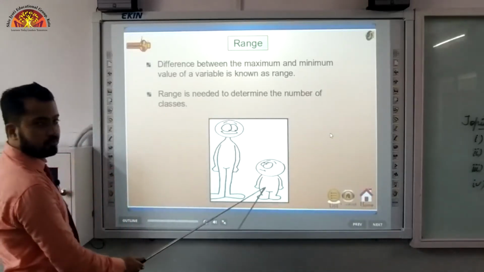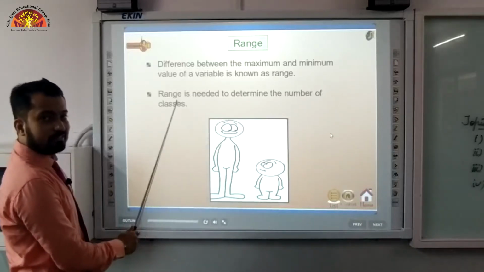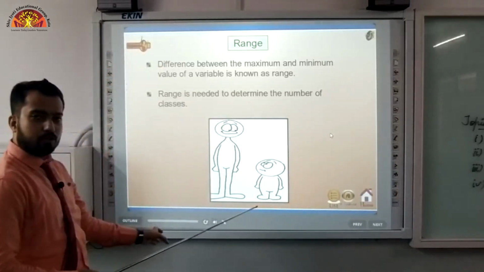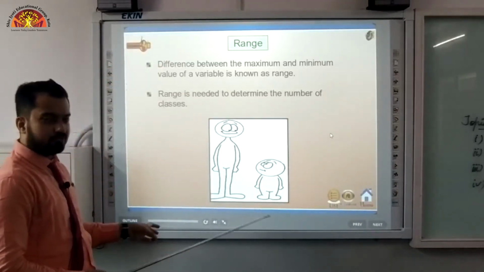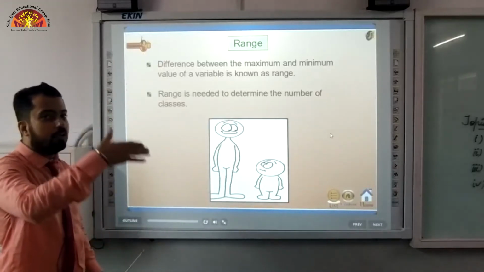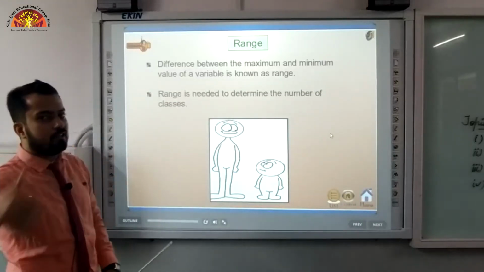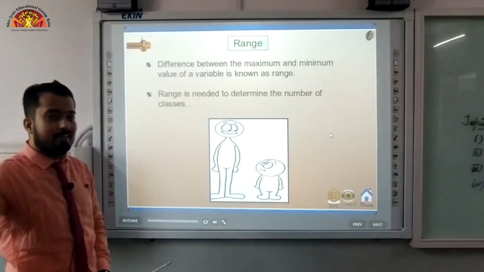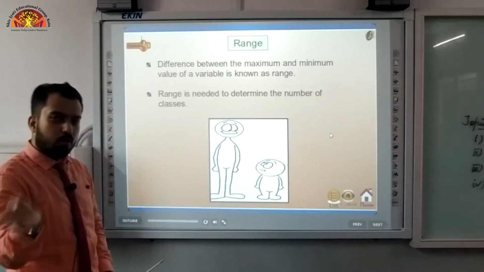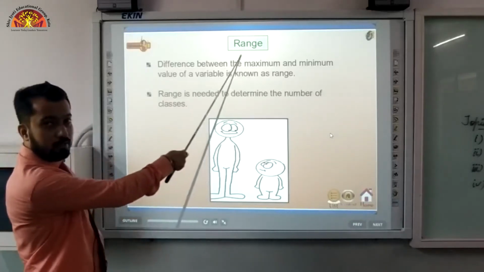As you can see the differences here, minimum and maximum, right? So this is the range, the topmost value of the classes and the bottom of the classes. Suppose in the data provided to you, the first class given is 30 to 35, and the last class is 70 to 75. So the highest is 75 and the lowest is 30. The difference, the gap between these two, will be known as range.